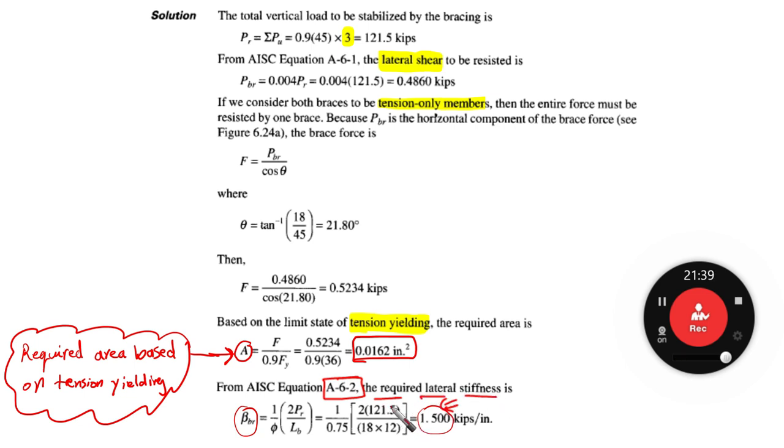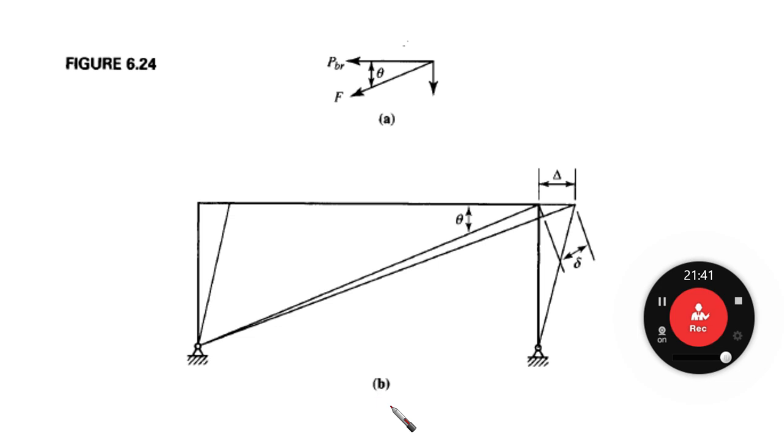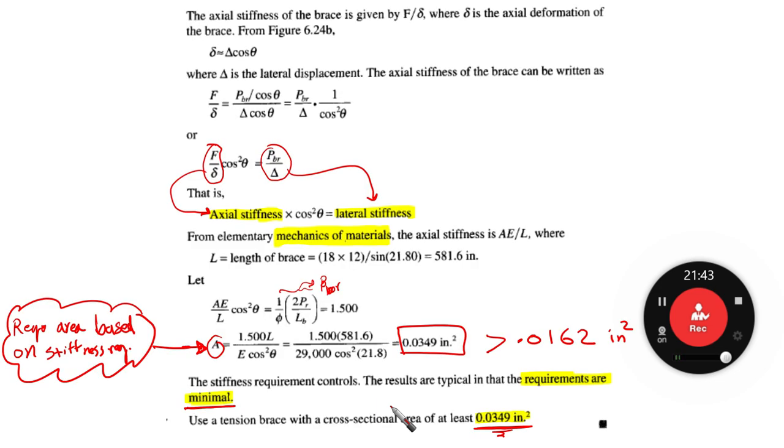So based on that, we know this is the required lateral stiffness, 1.5. So we can obtain A, which means that after rearrangement, we can obtain A equal to 1.5 L over E times cosine square